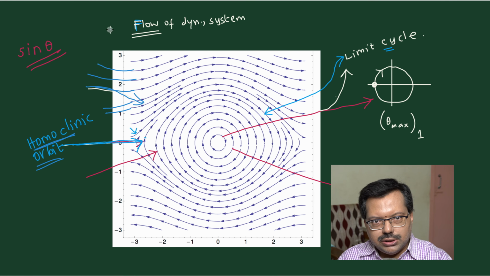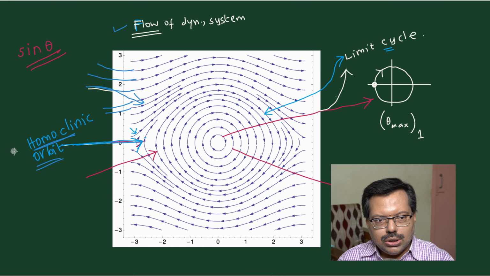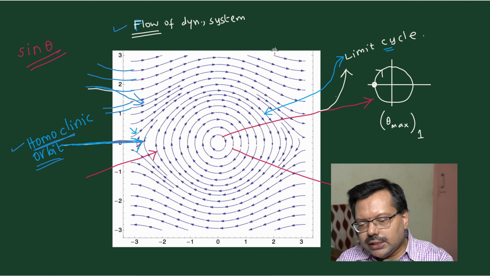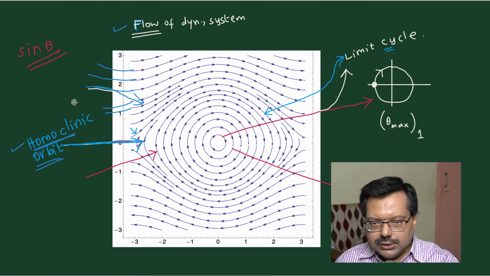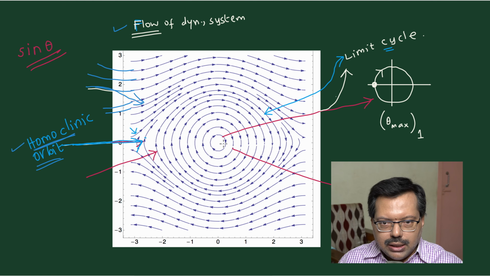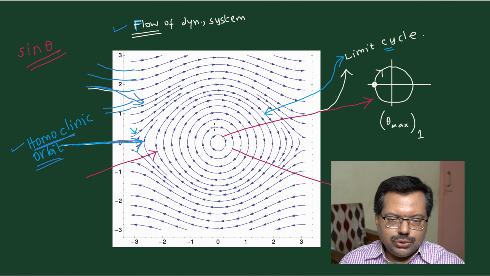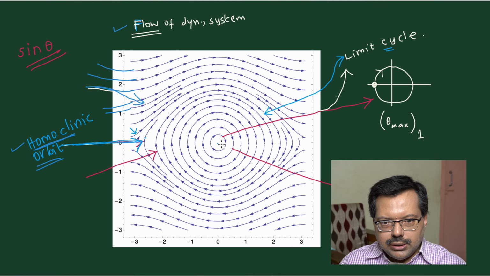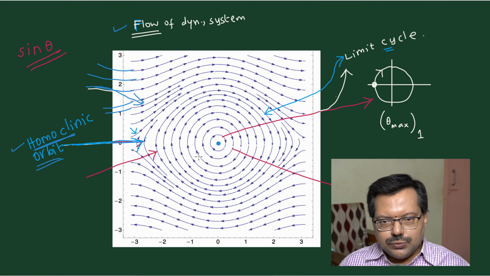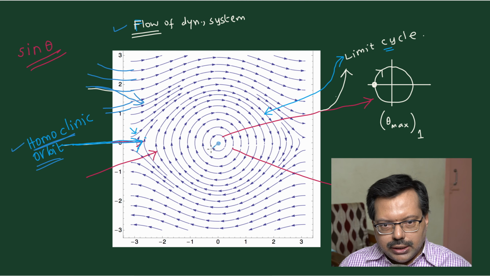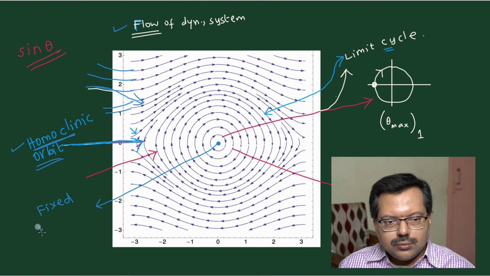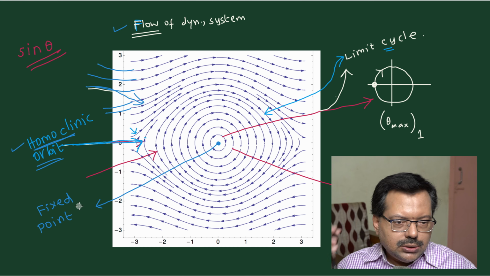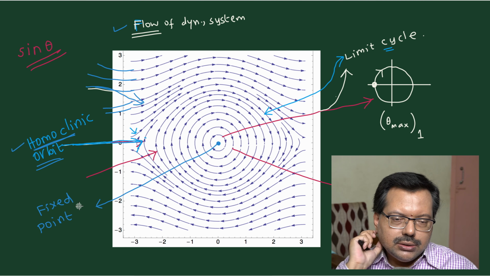So the important terminologies are flow of the dynamical system, homoclinic orbit, limit cycle, and then also the fixed points. Let me also tell you what is meant by a fixed point. I'm going to put a dot in the center of the circle. You observe that blue color, I think it is blue. In the blue color, I'm going to put a dot in the center. This particular thing that I have shown here is known as a fixed point. These are the standard terminologies that are used